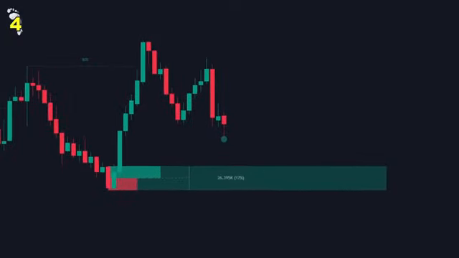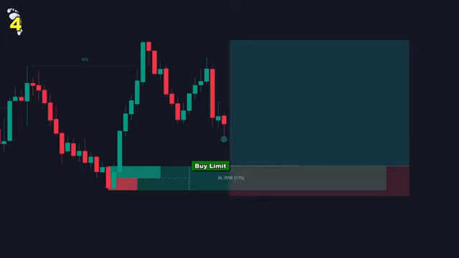Since this is an uptrend, we're looking to go long on the market, meaning we make a profit if price goes up. For the entry, place a limit buy order at the top of the bullish order block. Set a stop loss slightly below it and set a take profit target at the previous highs. Then simply let the trade run.